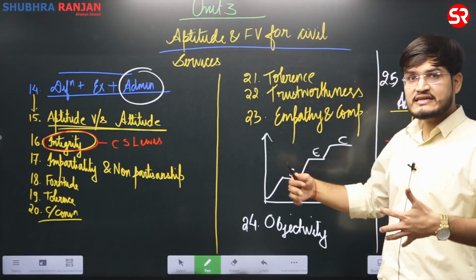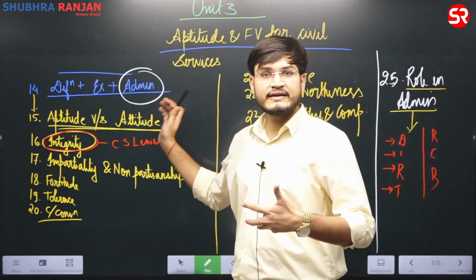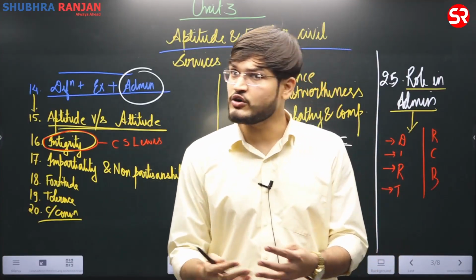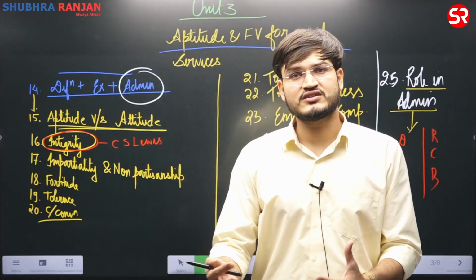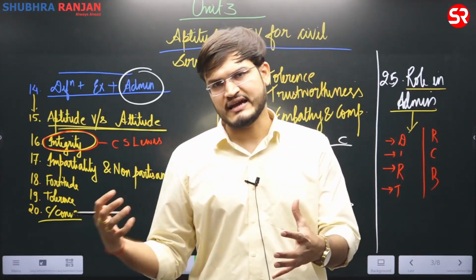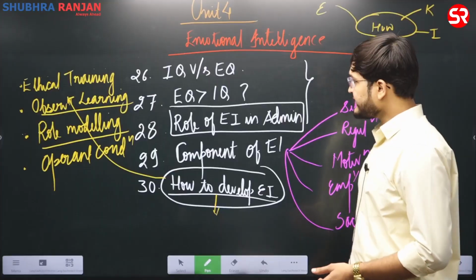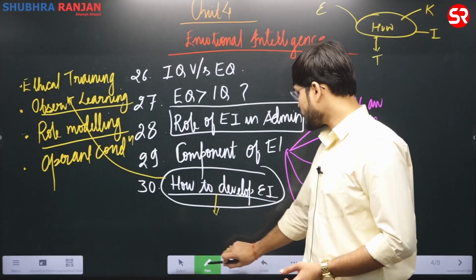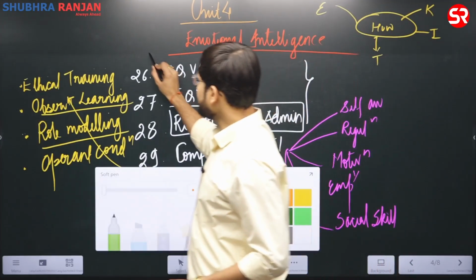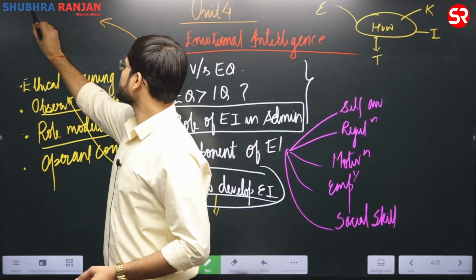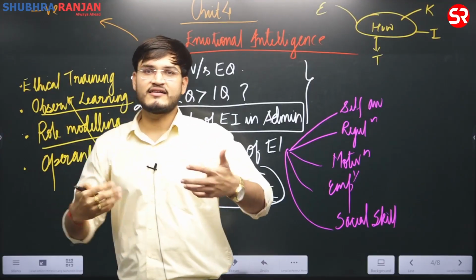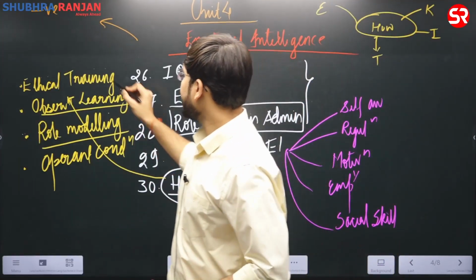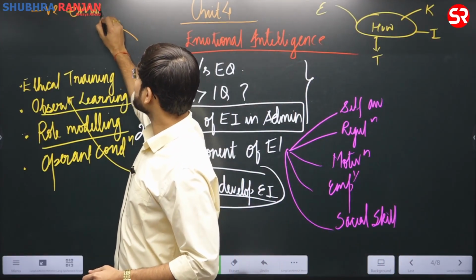In unit number 3 they are asking more about definition, examples, and administration. For example, they will be asking questions like what do you mean by these particular terms like impartiality or non-partisanship in the context of administration, and thereby you have to give definition, examples, and administration's key aspects. And here they will be asking questions from emotional intelligence. Here they will also be asking questions with respect to negative emotions. Remember, for example, anger, hatred, how it leads toward the circle of violence, and thereby they can ask questions from the negative emotions aspect also.